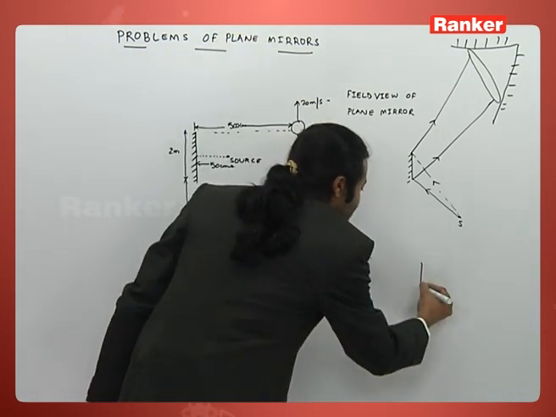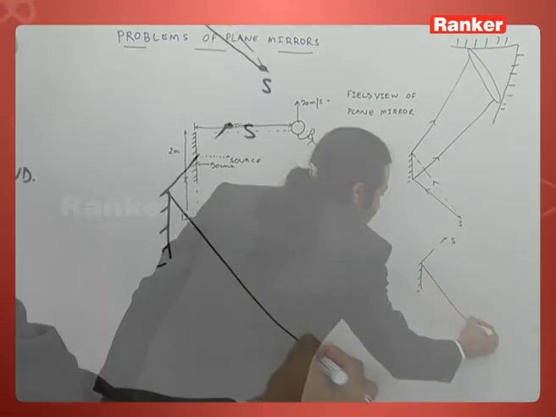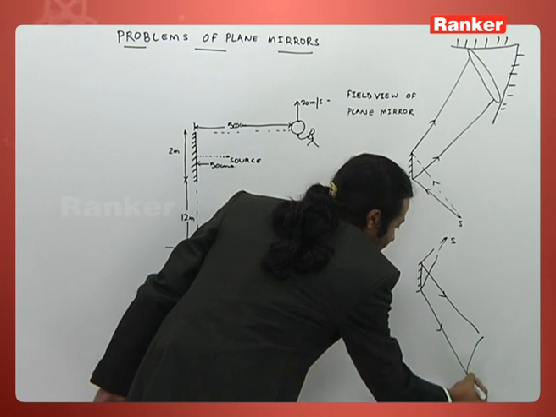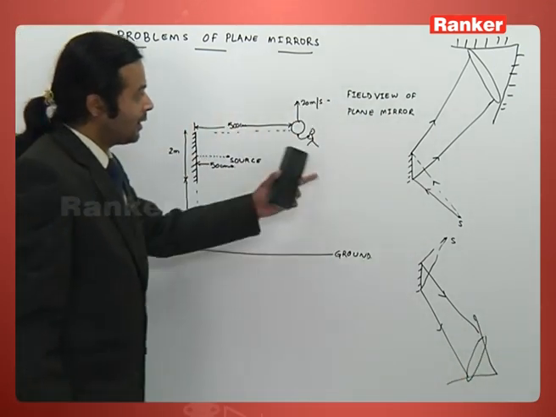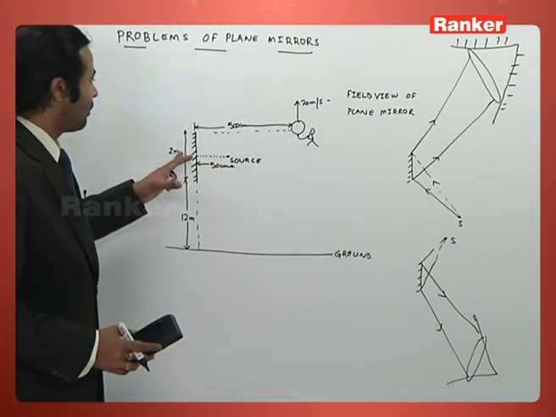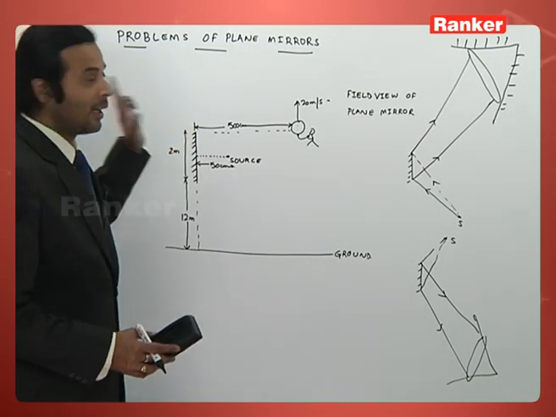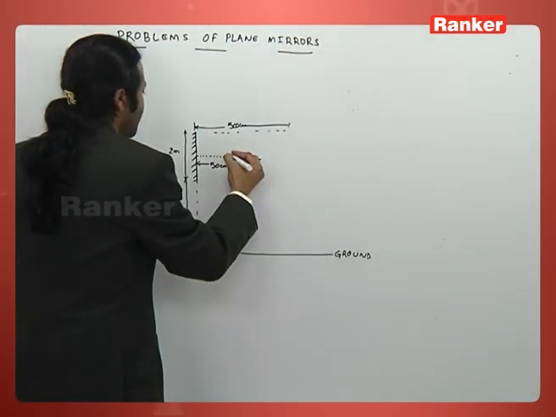If this mirror is placed like this and the source is somewhat placed like this, take the extreme rays, that's all. If I place an eye over here, then I can see the image of the source. This is called the field of view of a plane mirror. Whatever problems are related to plane mirrors, take the reflection from the extreme end of the plane mirror. That's all, to solve problems. Now I will take